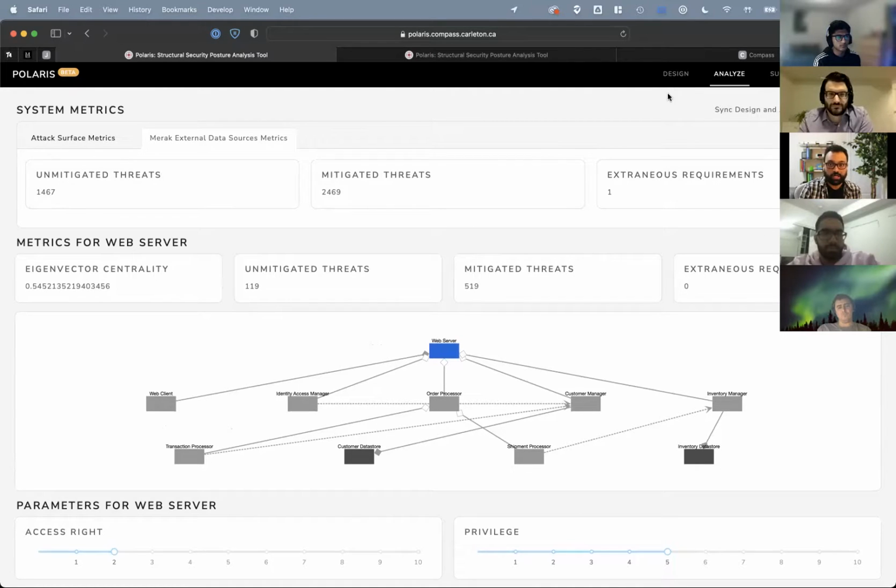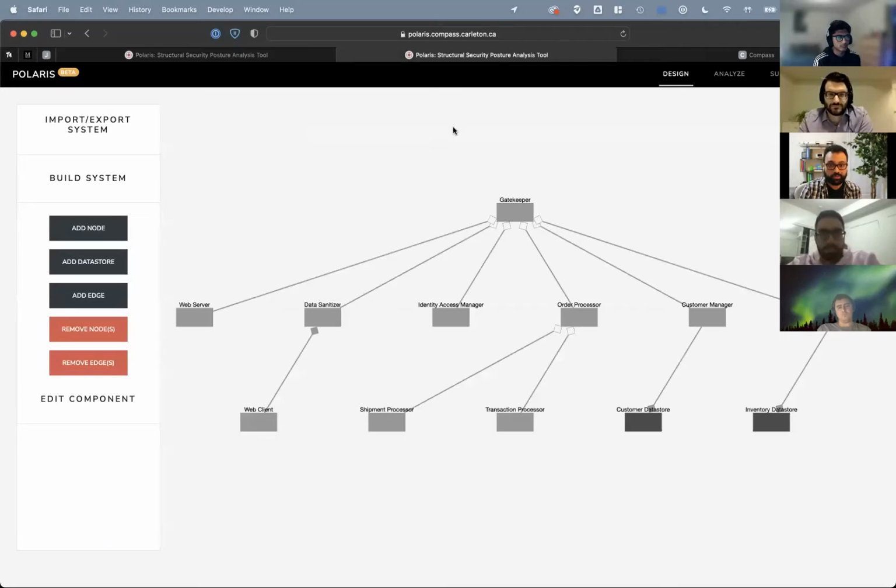And so what we were able to do in our research was to iterate on that design that I showed you, which, by the way, was about an online merchandise system. So think of a simplistic form of an Amazon with your web server, web client, and order processor, customer manager, and all that. And you can see different types of components here too.